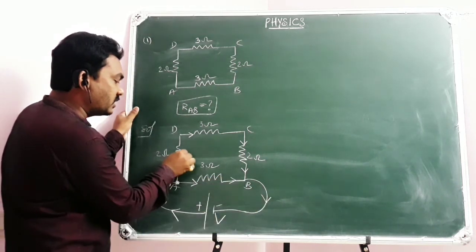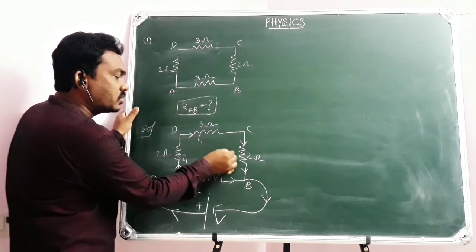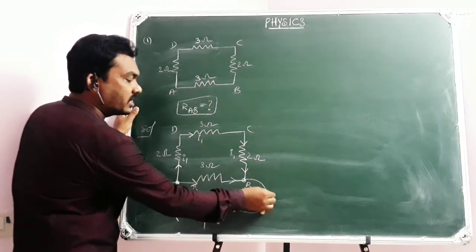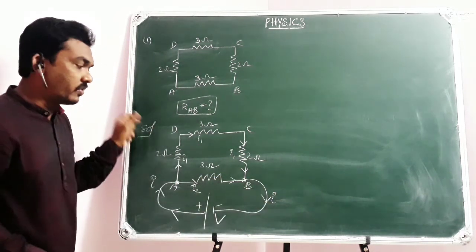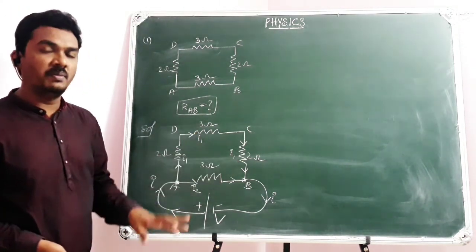Suppose this is I1 and this is I2. I divides as I1, I2. The same I1 current flows through these resistors and will join with I2 here and come out as I again. So from this, this 2 ohm, 3 ohm, 2 ohm will be in series